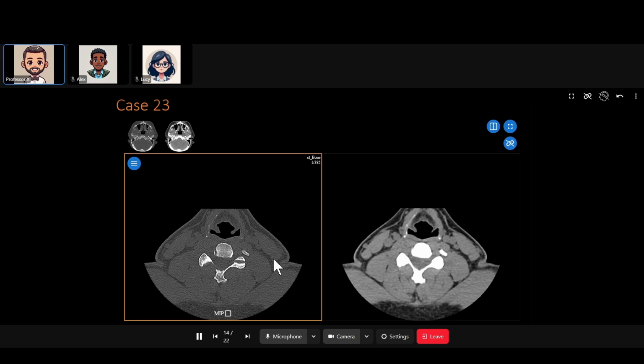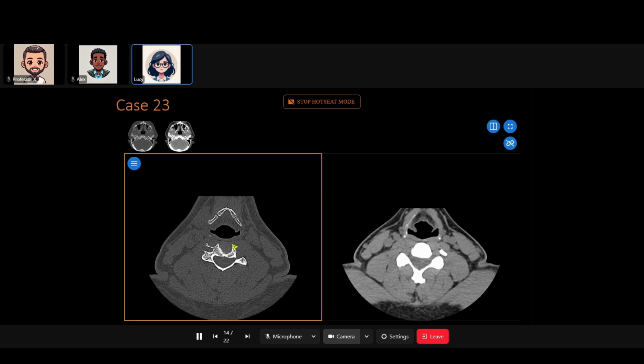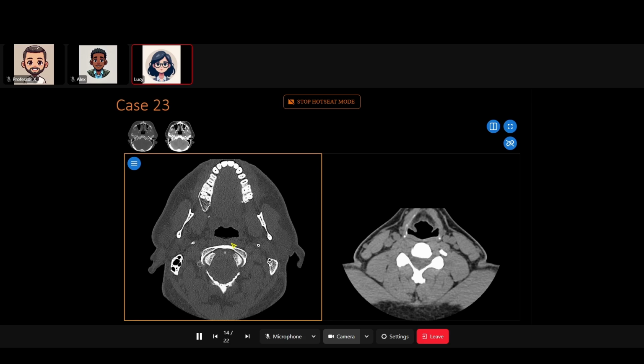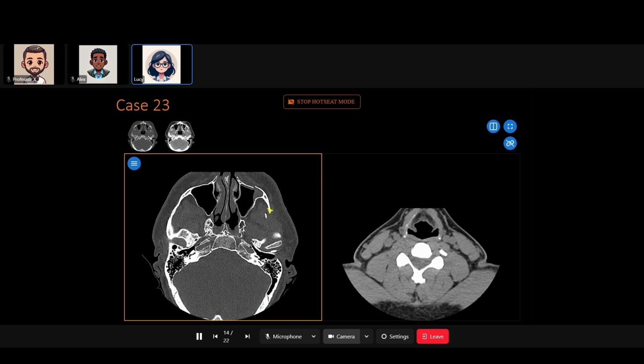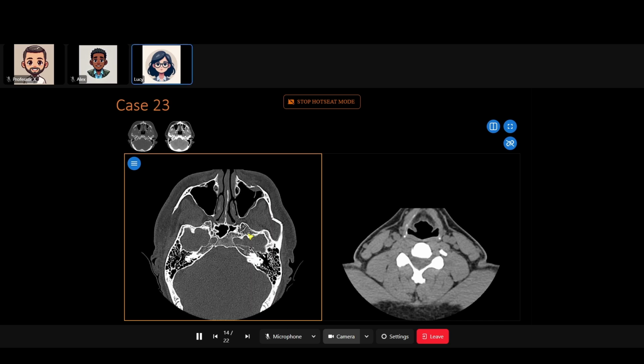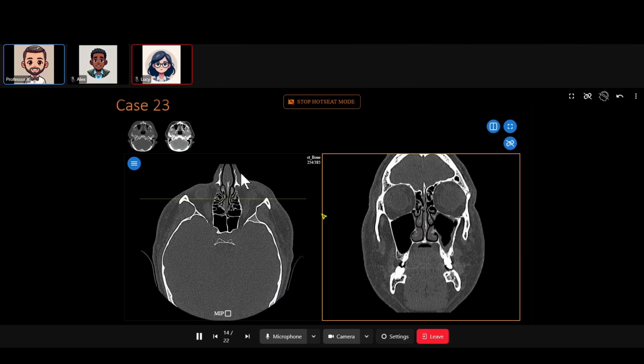To do so, click on Lucy's webcam and click on Hot Seat On. As conference owner, when you put a participant in the hot seat, their mouse cursor position now gets transmitted to all other participants as a yellow cursor, and they now control all the PAX panels and viewers on the slide. These interactions then get transmitted to all other participants. This is great if you want them to take an unknown case, for instance. When Lucy is done taking the case, as the owner, you can now hit Cancel Hot Seat to take back